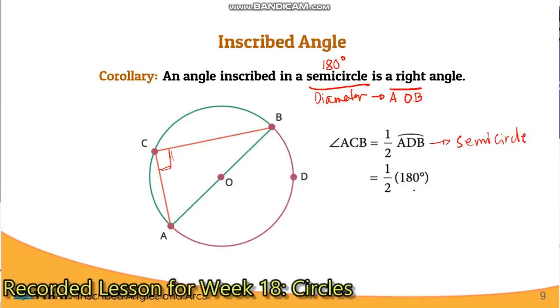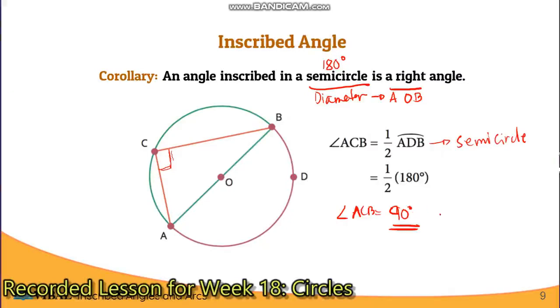Therefore, the measure of this angle, ACB, is 1/2 of 180 degrees, and that is 90. Now, we know, based on your trigonometry course last year, an angle that has a measure of 90 degrees is